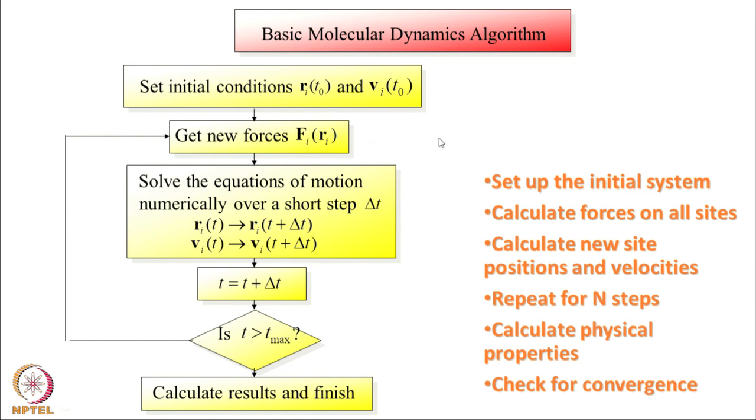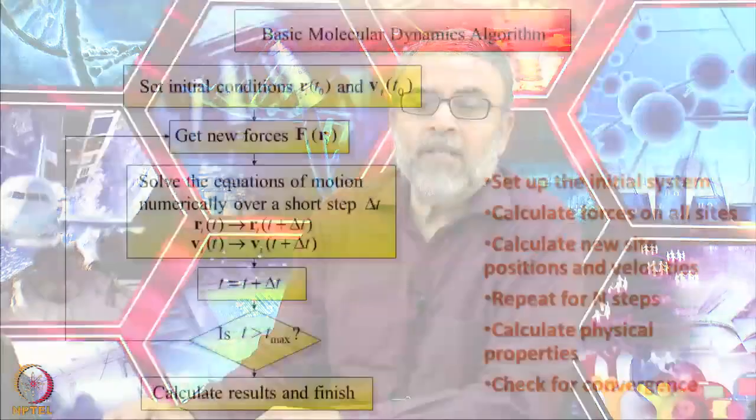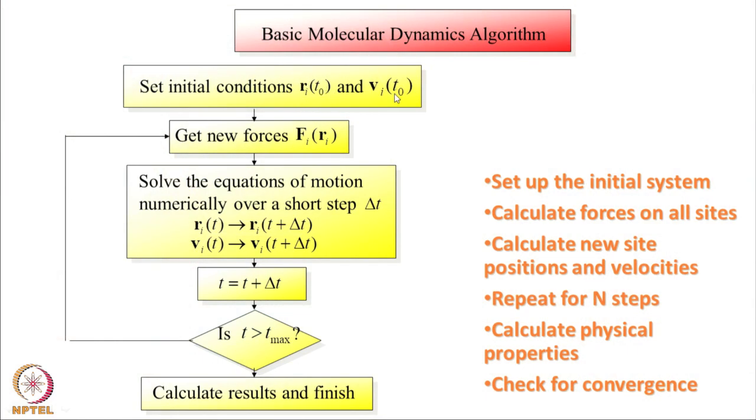We know now the equations of motion, and we know the algorithm. So, now we are in a good position to study the structure of this program. How does this program work? Set initial conditions, that is, I determine all the initial positions and all the velocities. These velocities could come from the Maxwell-Boltzmann distribution, or from an earlier simulation. At the end of a simulation you will have some velocities, so I can use the last point of the previous simulation as the starting point for the new simulation. We will do this through a practical session as well.